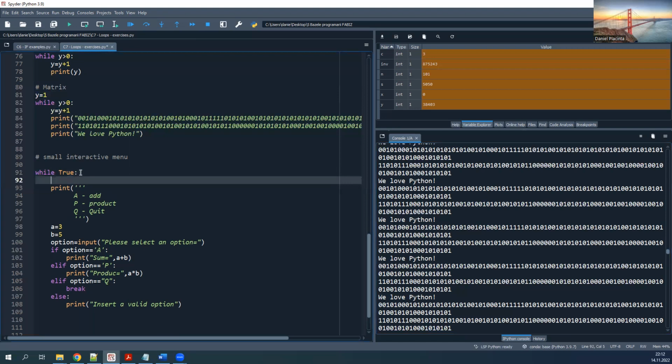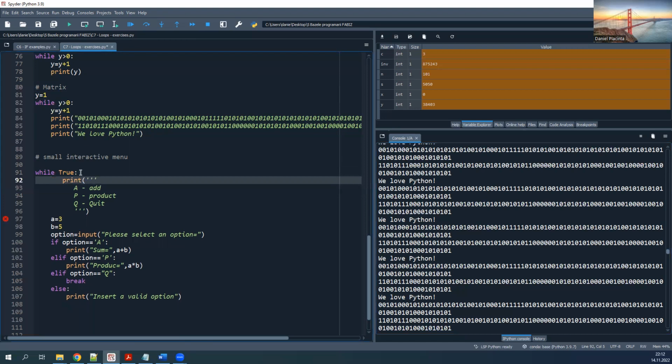Let me press enter. You see where the cursor is blinking. At this place, I need to put the print command. Then at the same alignment, with triple quotes, we can display text on multiple lines as we have learned at the beginning of this course. And on the same line with the print command, I will initialize these variables. A is 3, B is 5, and I will capture within the option variable the value that I will input